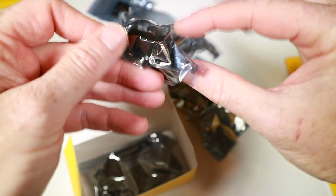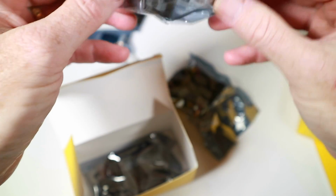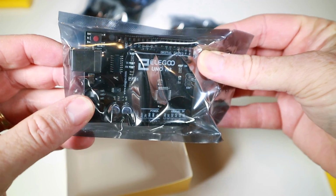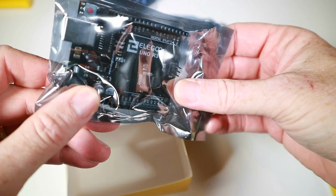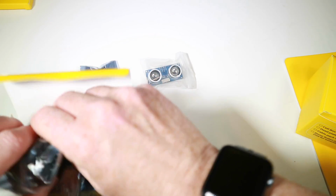Then we've got, not entirely sure what that is, let's say the L298N, some sort of board for doing something. And that's the main Uno, which is obviously a copy of the original Arduino one, but that's Elegoo's one. All the pins should be the same and stuff. That's cool. I'm just going to chuck this vaguely back in a box, so when I come to follow the